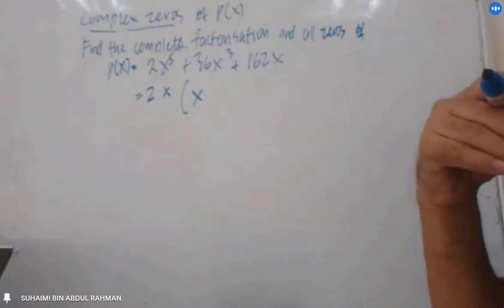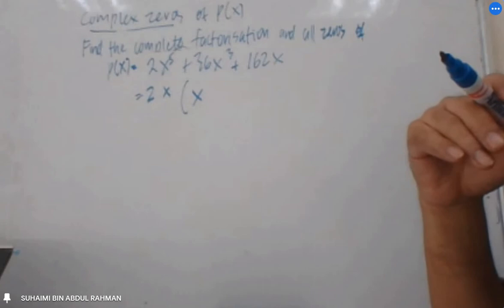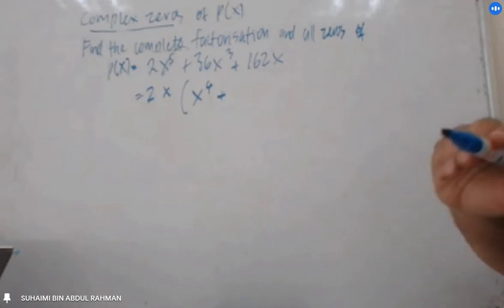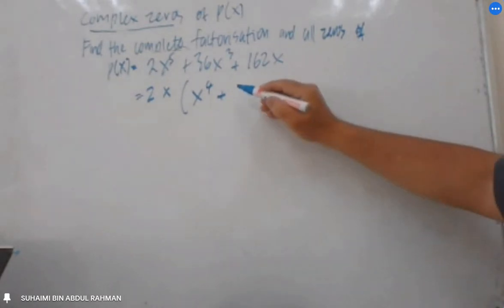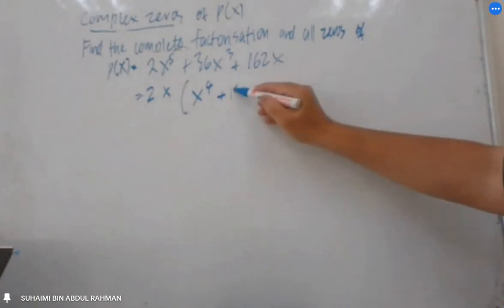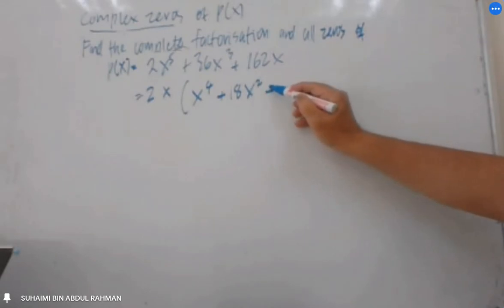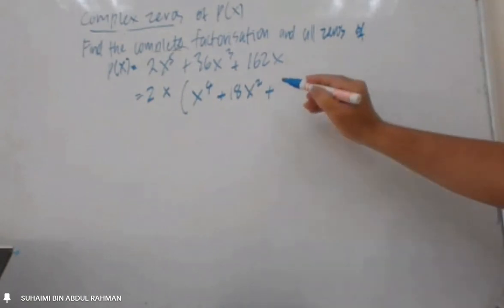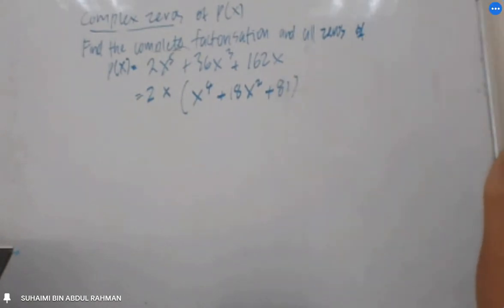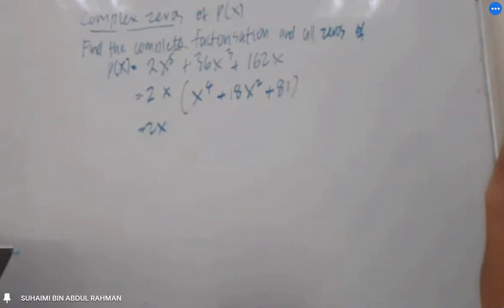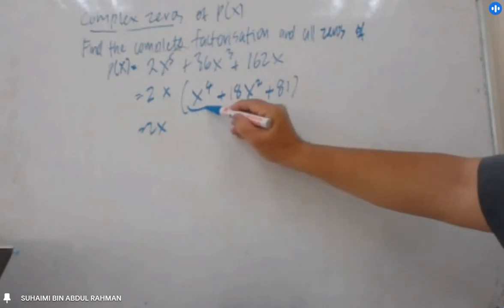X to the power of what? 4, plus 18x squared plus 81. Right. 2x, and to factor this part,